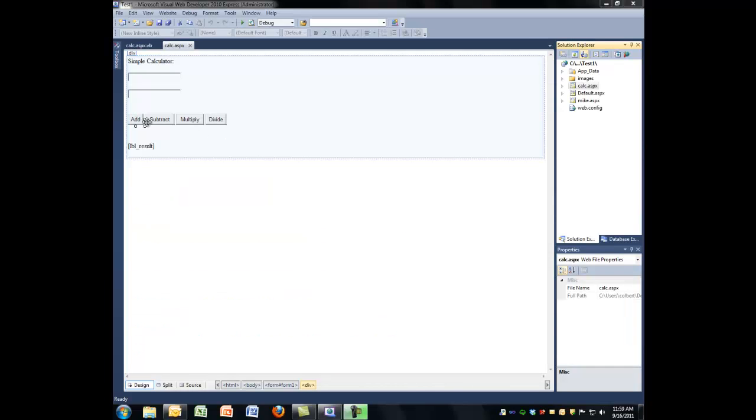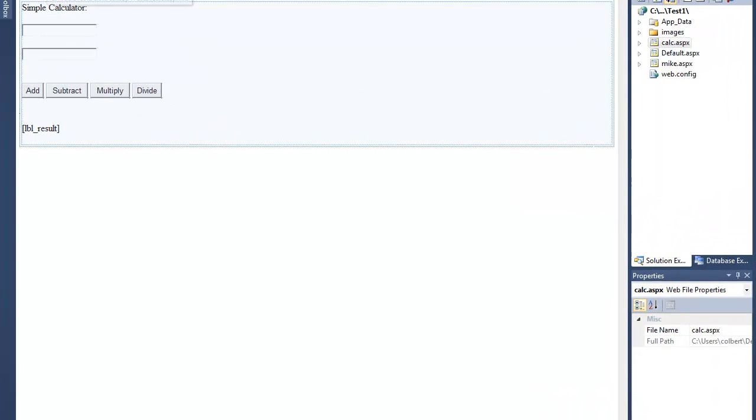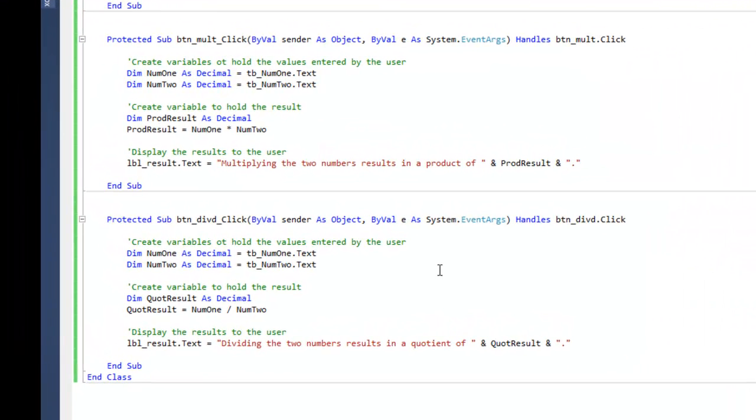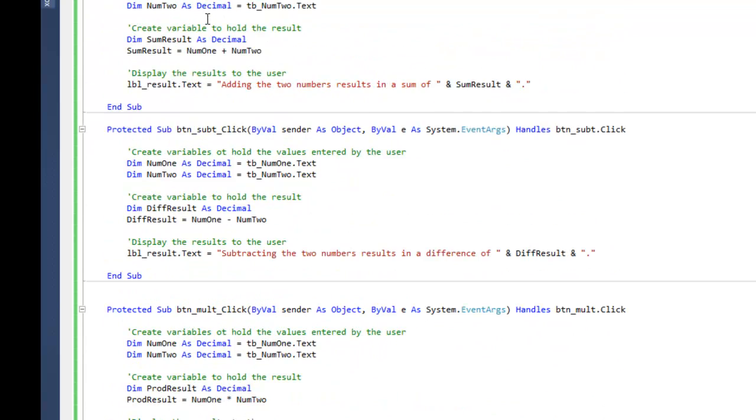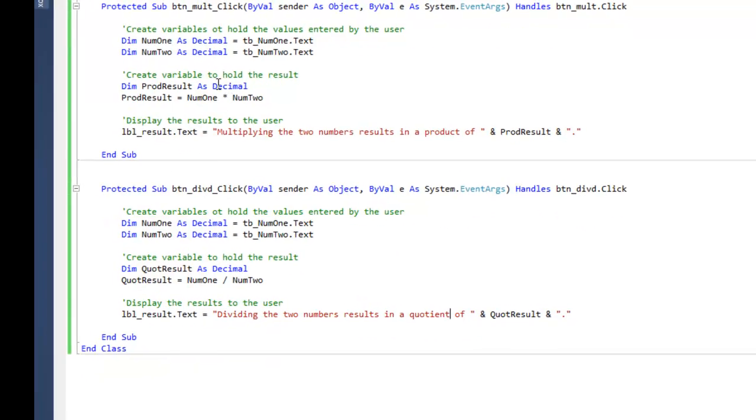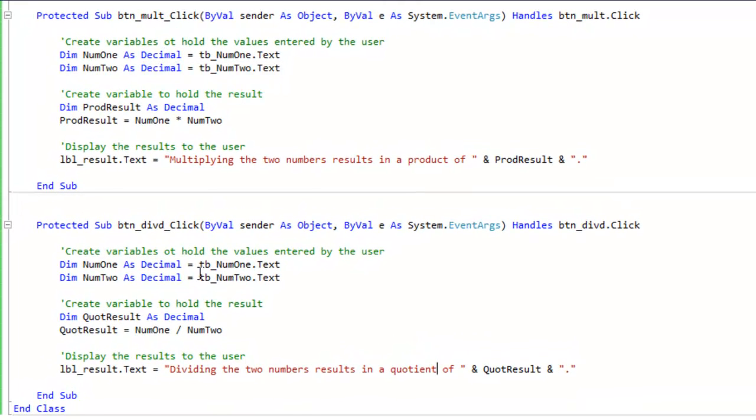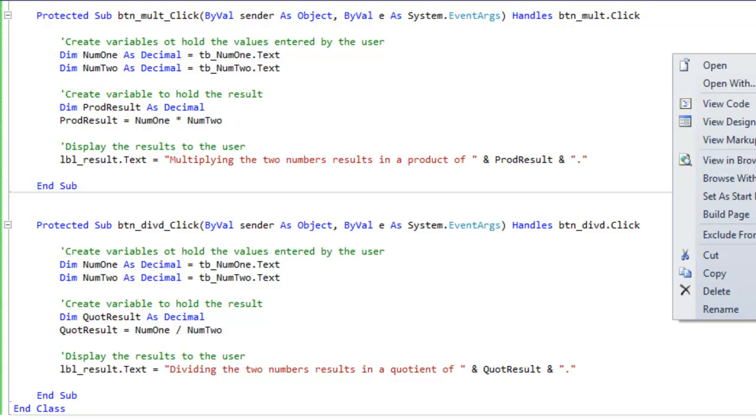So I've gone through each one of these now. I've double-clicked the button. Double-clicking the button is the easiest way to create the subroutine in the code behind. So we filled in the one for addition, subtraction. I've done multiplication and division as well. So now if we go to test the page, view in the browser,